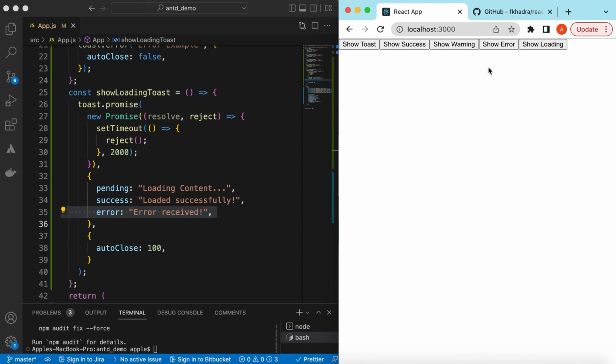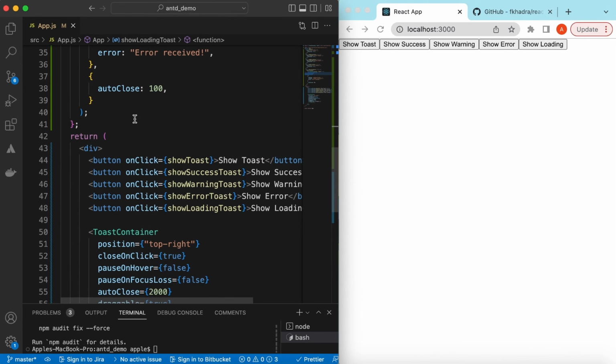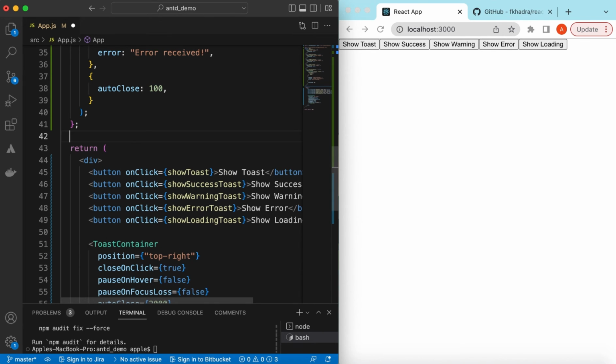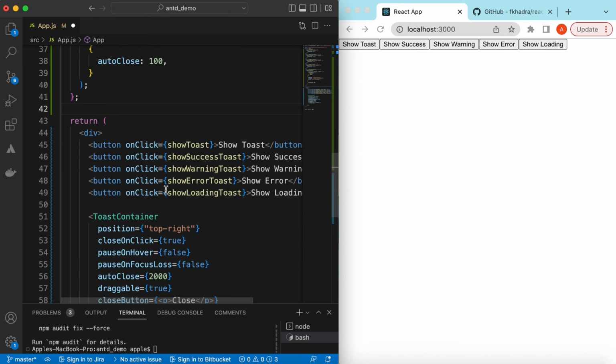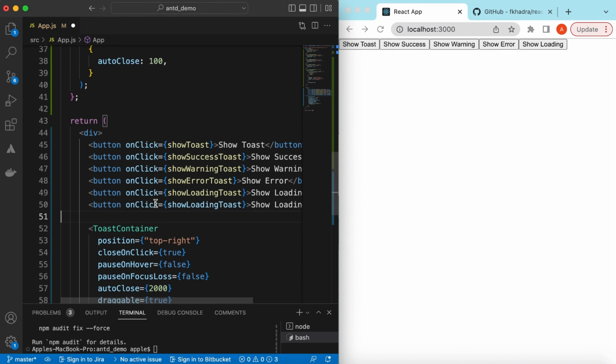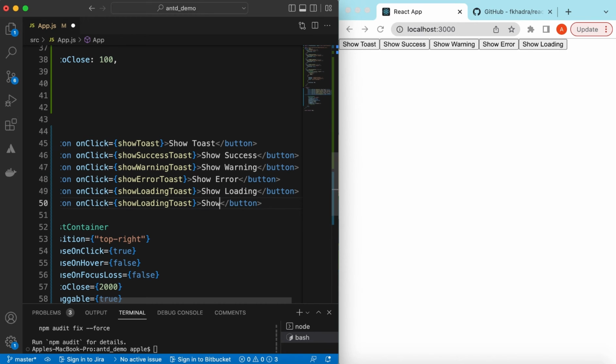And suppose for some reason we have to show the toast and we do not know when it will be finishing, instead of this time or something like that, we can do that as well, and we can update its progress based on some events, etc. So let's take that example as well. We can say show maybe custom progress, right? And we can say custom progress,